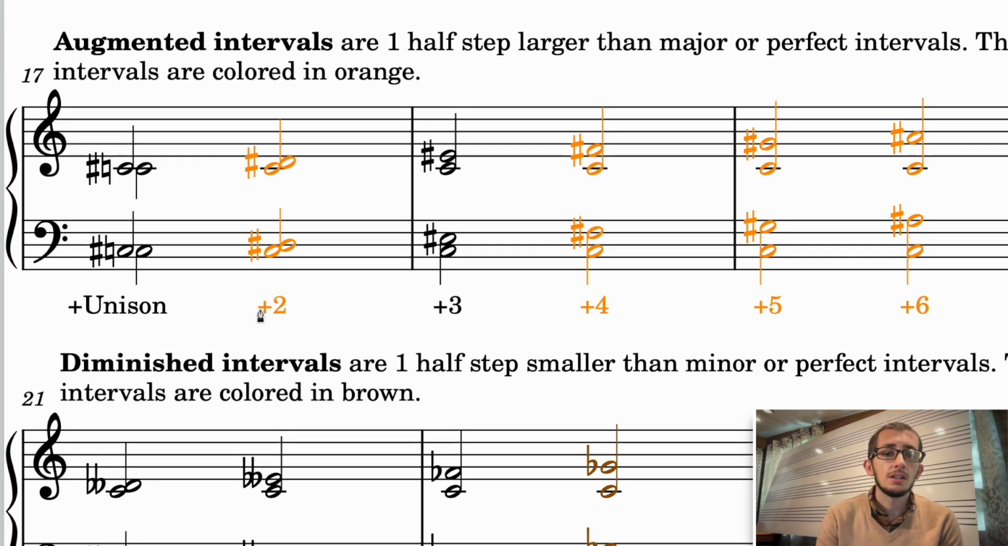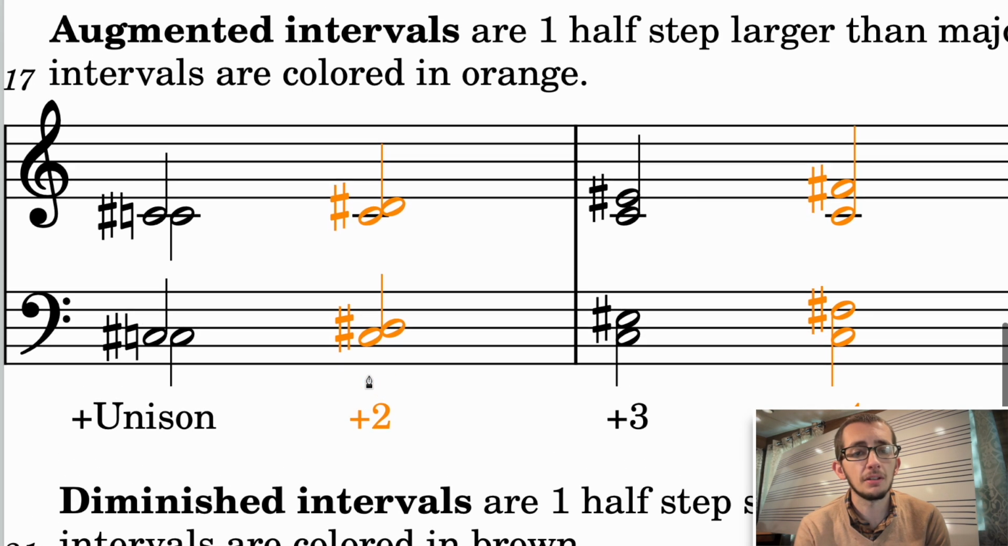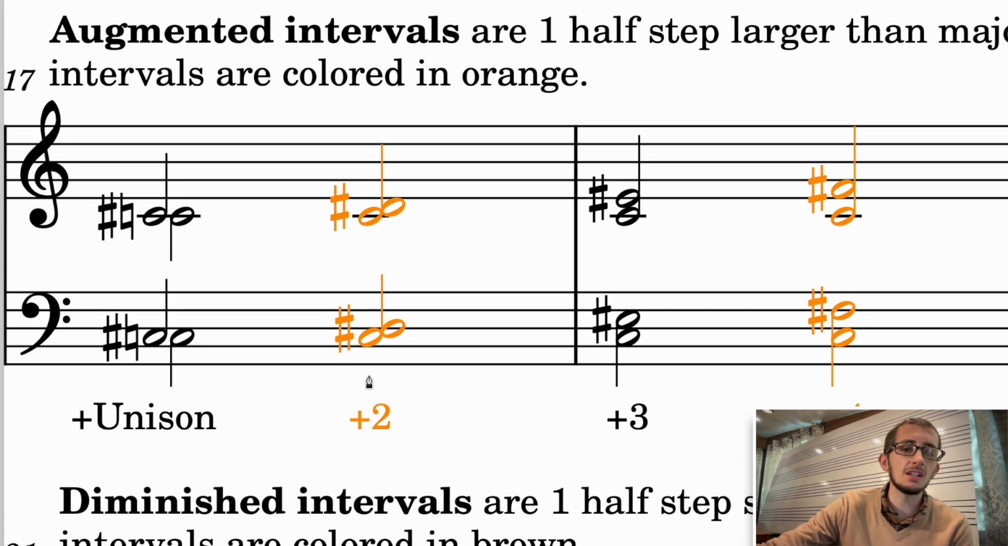C to D is a major second, if we remember. But if we add a sharp sign to that D, then we'll increase it to an augmented interval. So C to D, that was our major second. But what if, instead of a D, we play a D sharp, C to D sharp? That is an augmented second. It's still a second because it's spanning 2 different letter names, but it's augmented because it's 1/2 step larger than